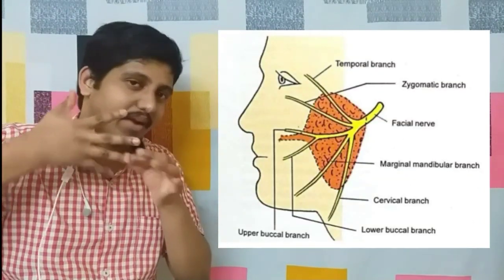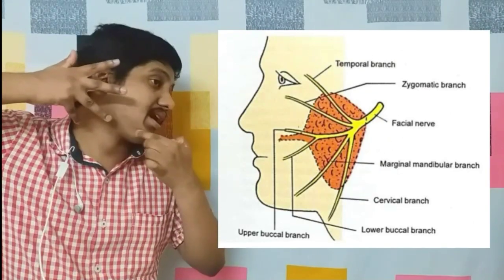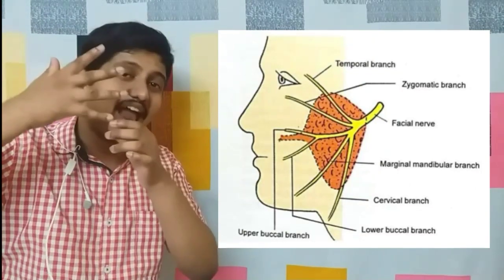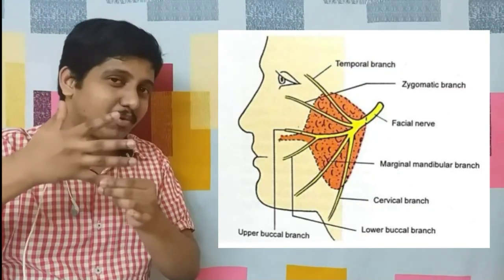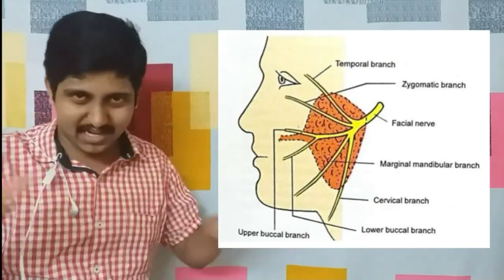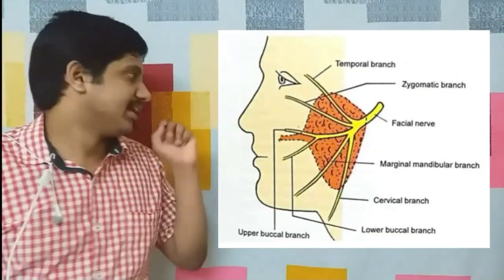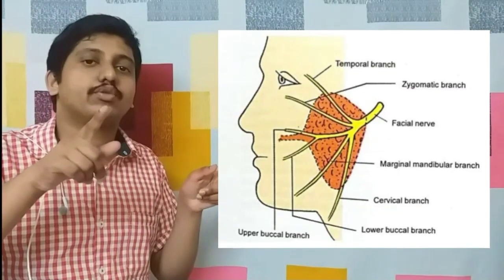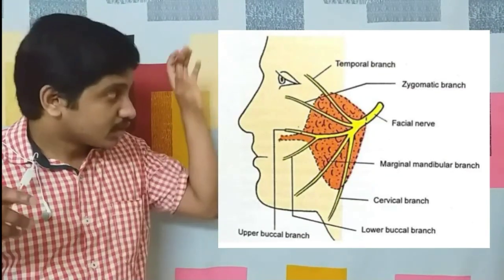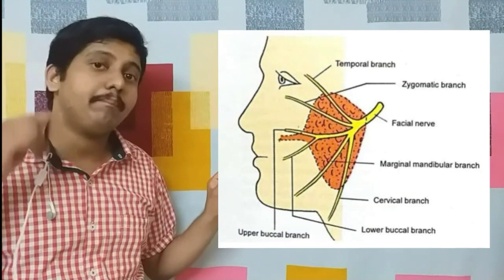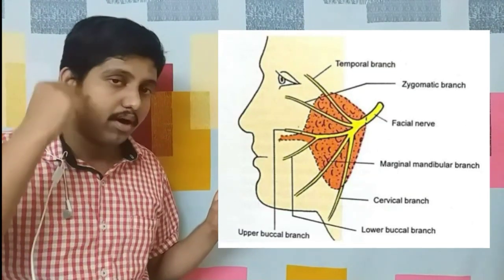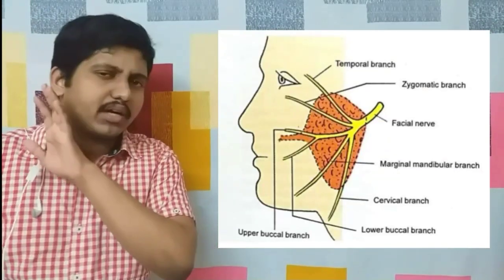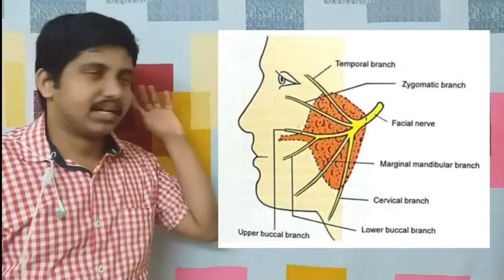And this one, it is along the margin of the mandible and hence the marginal mandibular nerve, and finally the little finger which corresponds to the cervical branch. That's all. Another important thing to note here is the buccal branch. The buccal branch is again dividing into upper and lower buccal, which are on the upper and lower side of the parotid duct. That's all regarding the branches of the main part, that is the motor part.